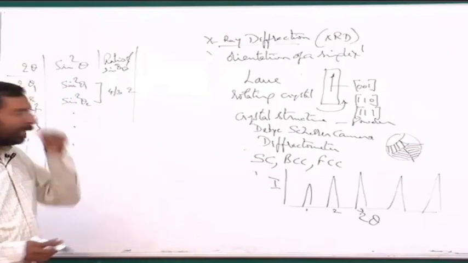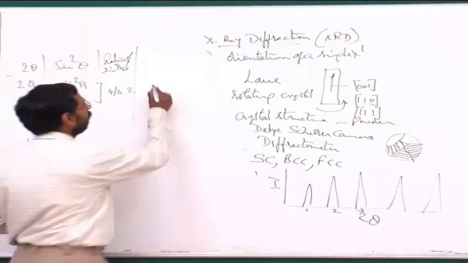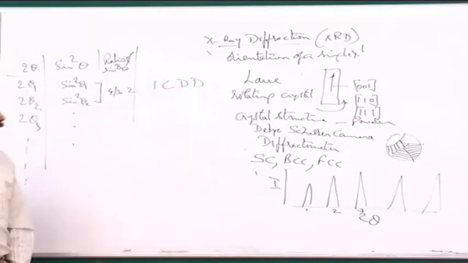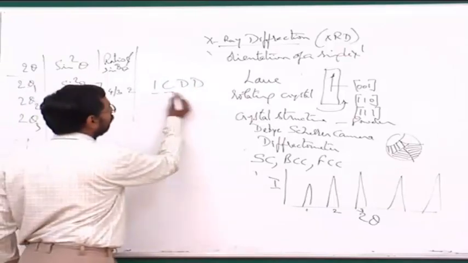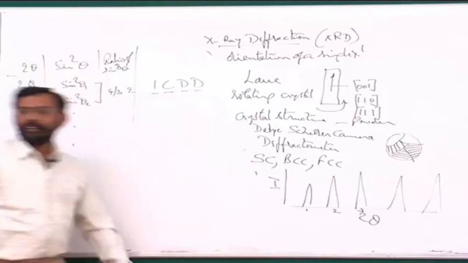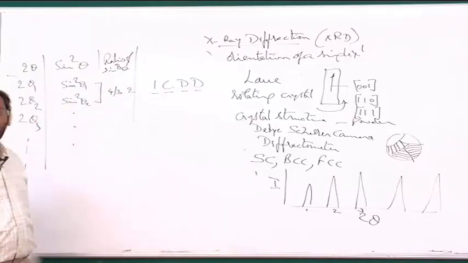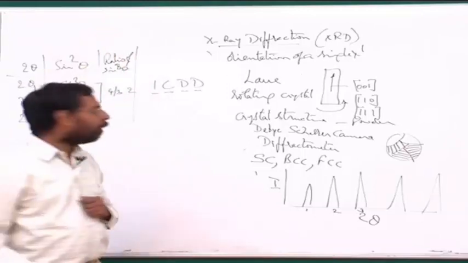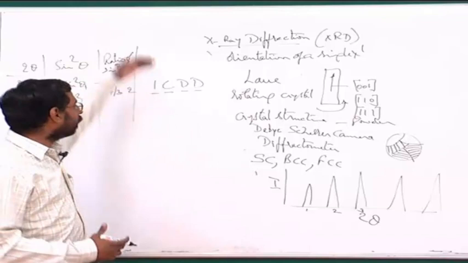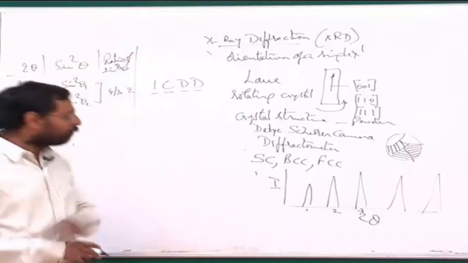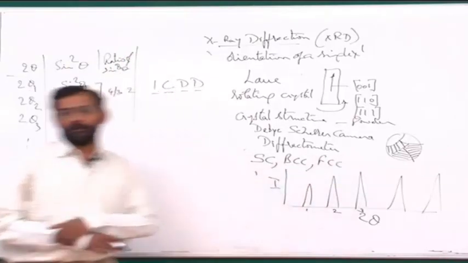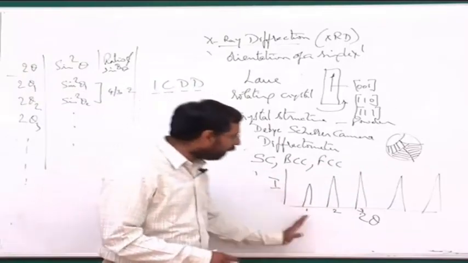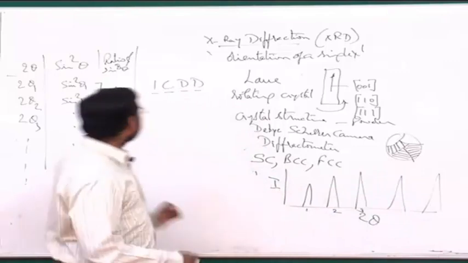The simpler method is simply to go to a standard handbook, which people call ICDD, which is the International Committee on Diffraction Data. In that handbook, you have all the compounds or all the metals that people know, all the phases that we are aware of. For them, the XRD patterns are all given. So I take my material and get a diffraction pattern and compare the d spacings that I get. How do I get the d spacing?